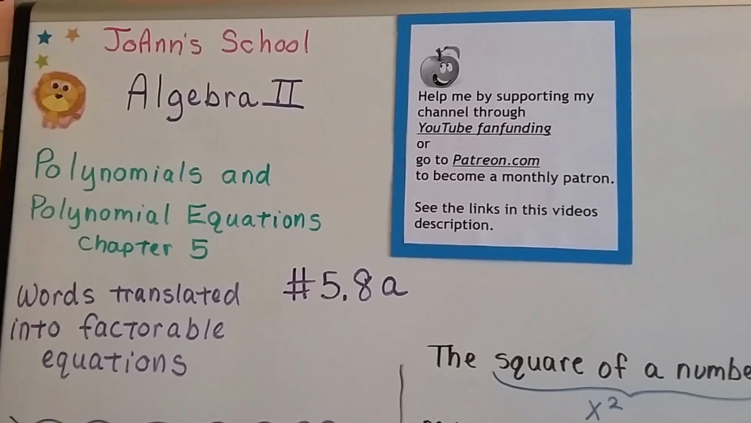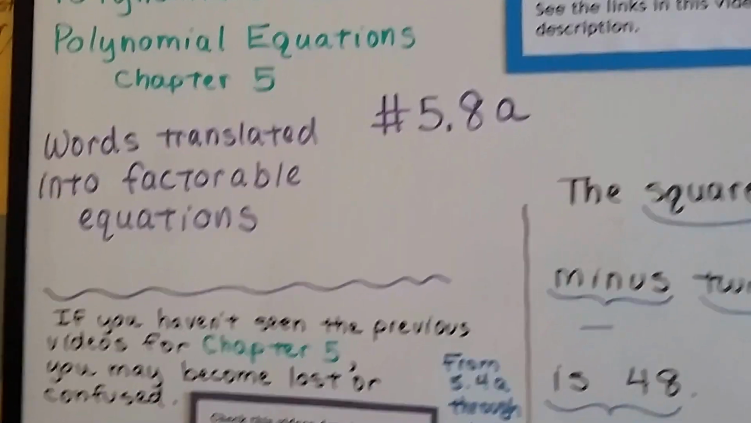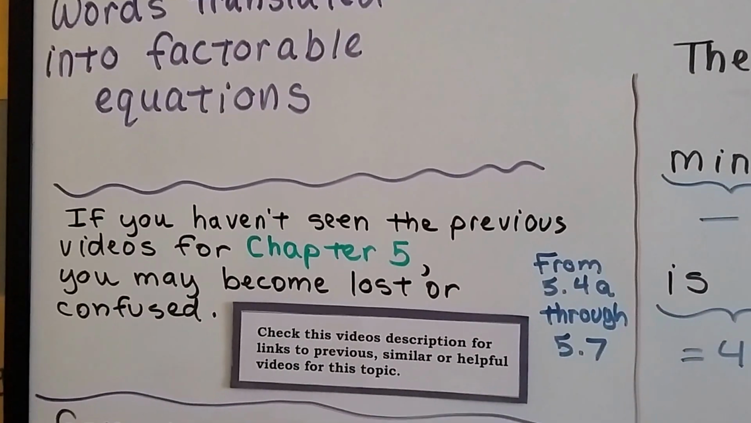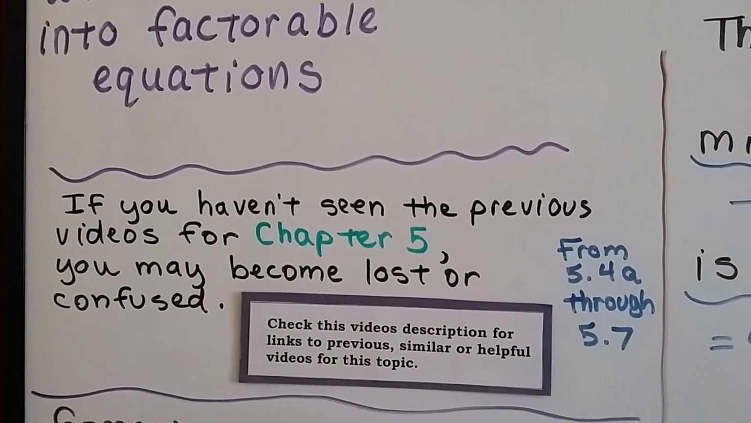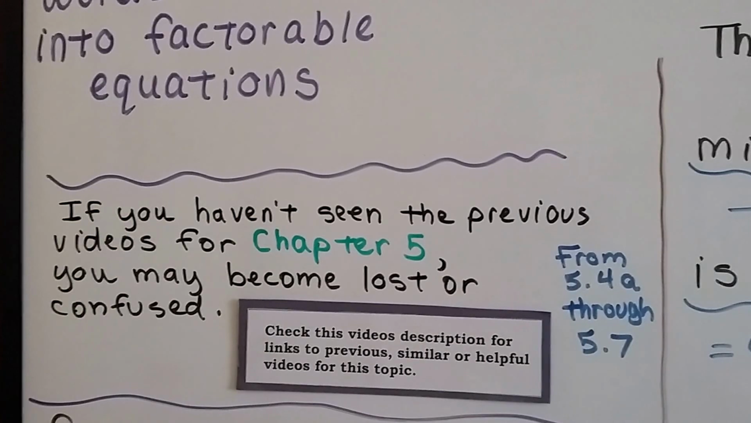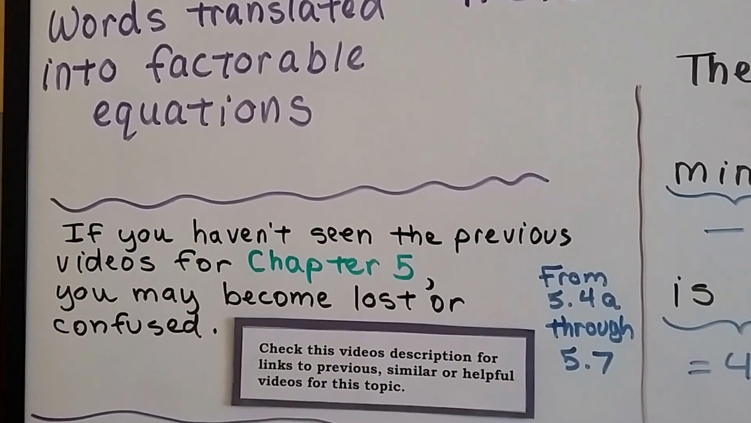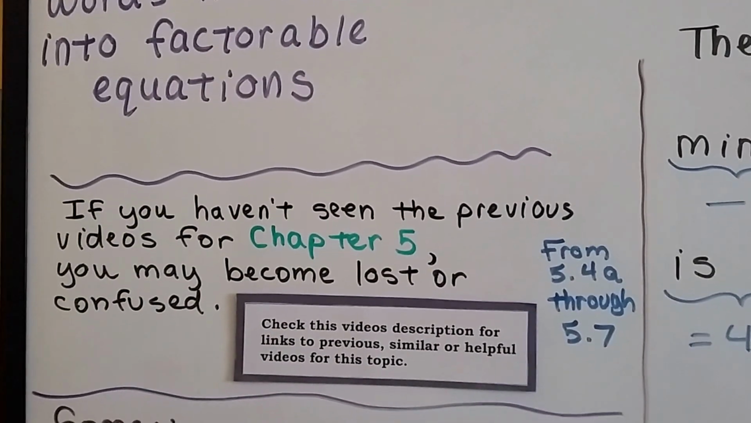Algebra 2 5.8a, words translated into factorable equations. Now it's really important, if you haven't seen the previous videos for Chapter 5, there's links in this video's description. You need to watch from 5.4a through 5.7 to understand factoring polynomials and the principle of zero products for this